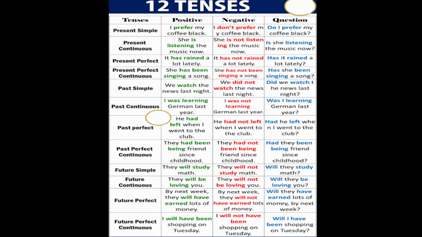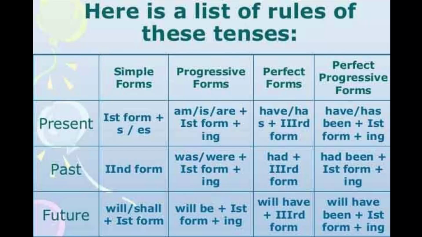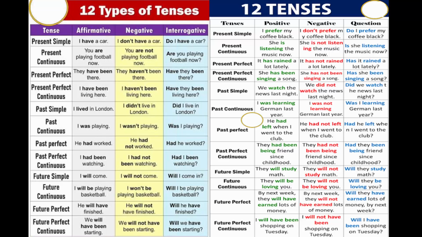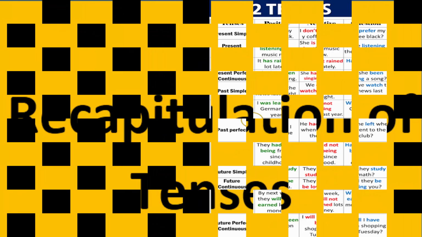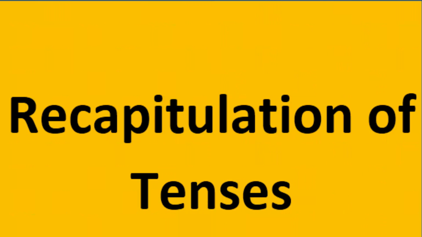So my brothers, these were the different charts I took you through. The first chart was about auxiliary verbs and forms of verb, and the remaining two charts were the exemplary sentences used in different tenses, in all 12 tenses. We already have gone through these charts in the initial lectures, but it was just a recapitulation for you people as you are going to come back to school, and you should, in fact you must remember these rules of tenses, because these tenses are very mandatory and the whole English is based upon these tenses. If you know these tenses well, you can learn some more grammatical topics easily.